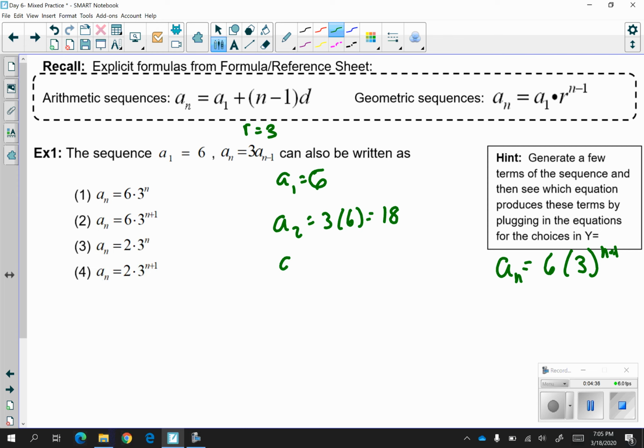A sub 3, your third term, is going to be 3 times 18, which gives you a third term of 54. So you know your terms are going 6, 18, 54. That means if you were to write them as a table, you would have 1, 2, 3,